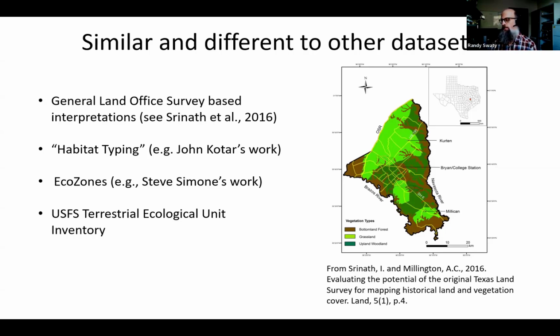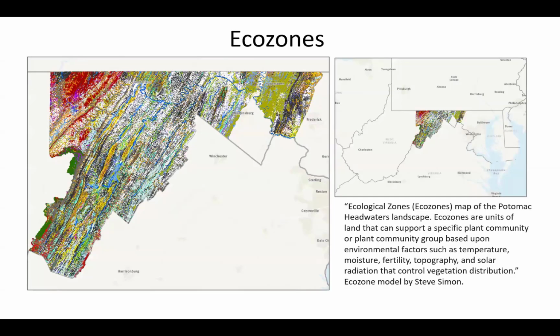Then we're going to dig into Ecozones and the Forest Service Terrestrial Ecological Unit Inventory, otherwise known as TUI, in the next couple of slides. So Ecozones, I've got an example map from Western Maryland, or the headwaters of the Potomac River. And so basically Steve Simone, in collaboration with others through the years, has done tons of field work, brought tons of expert knowledge and statistical analyses to bear to map ecozones, which are units of land that can support a specific plant community or plant community group